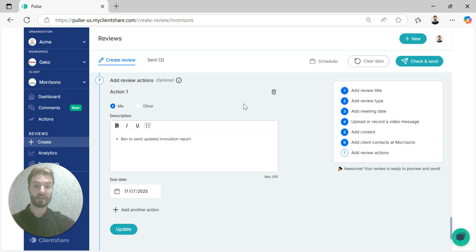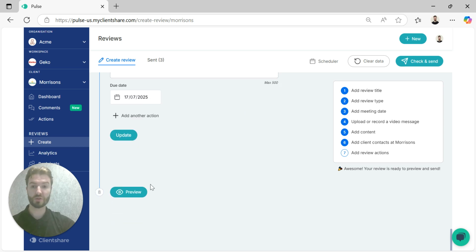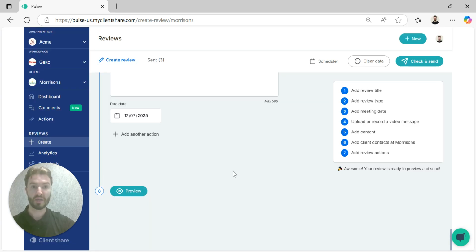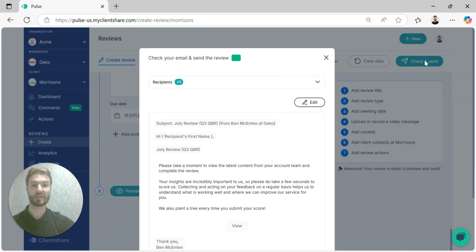follow-up as well. Now, as a final step of the review, you can choose to preview exactly what is going to be sent to your clients. This just allows you to have a final safe check in terms of spelling and the content that's being shared. But if you're happy with the review that you've put together, you can choose this option for check and send,